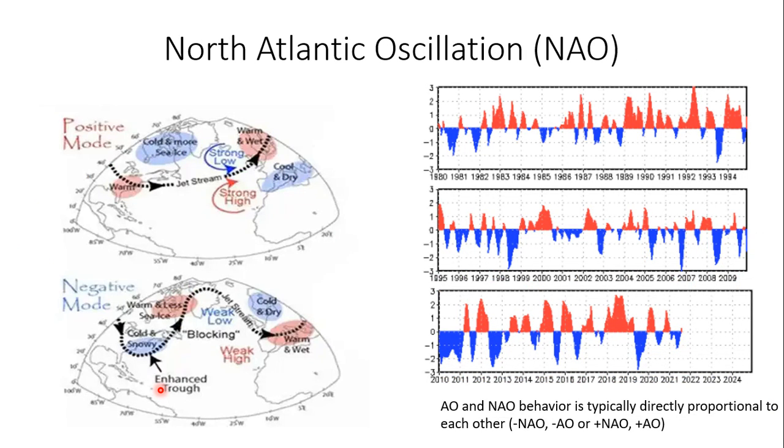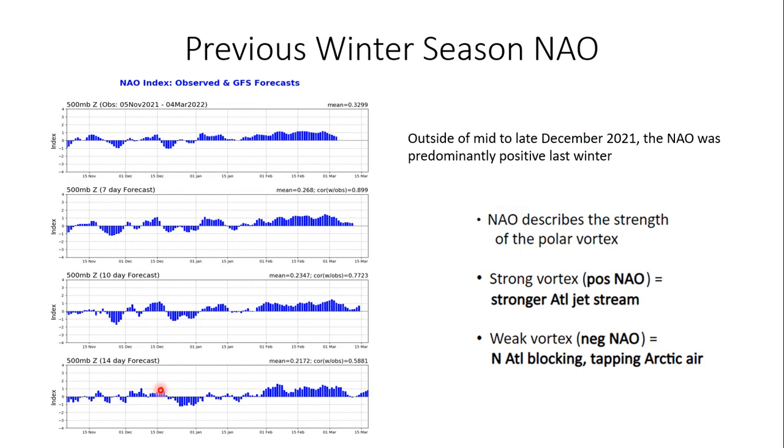And then there's your NAO. Again, AO and NAO tend to be in alignment with each other. So what the AO does, the NAO does, and again, this describes the strength of the polar vortex as well. With a positive NAO, you generally have a stronger polar vortex over the polar areas. In the next video, I'm going to get into more on the polar vortex. Believe me, I'm going to dive deeper into that. And then the weaker vortex, you have a negative NAO,